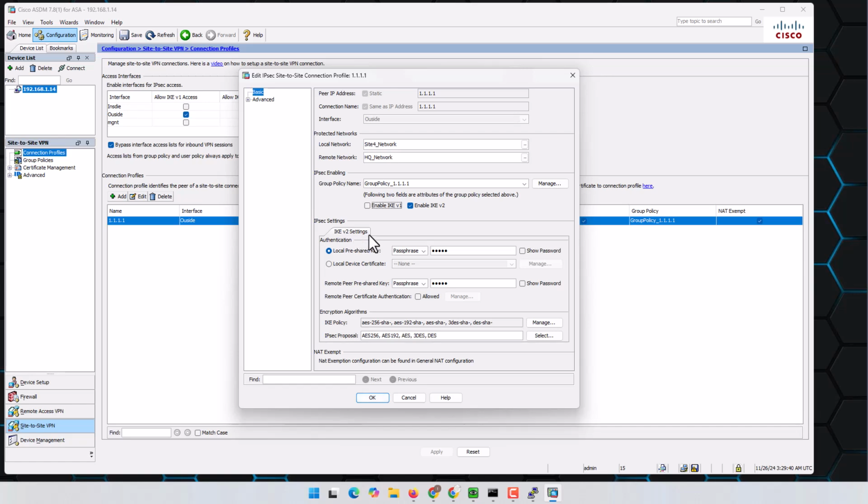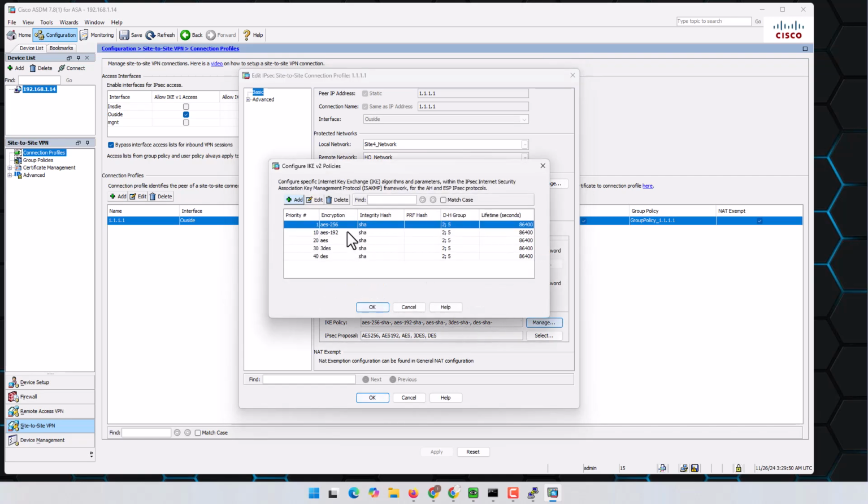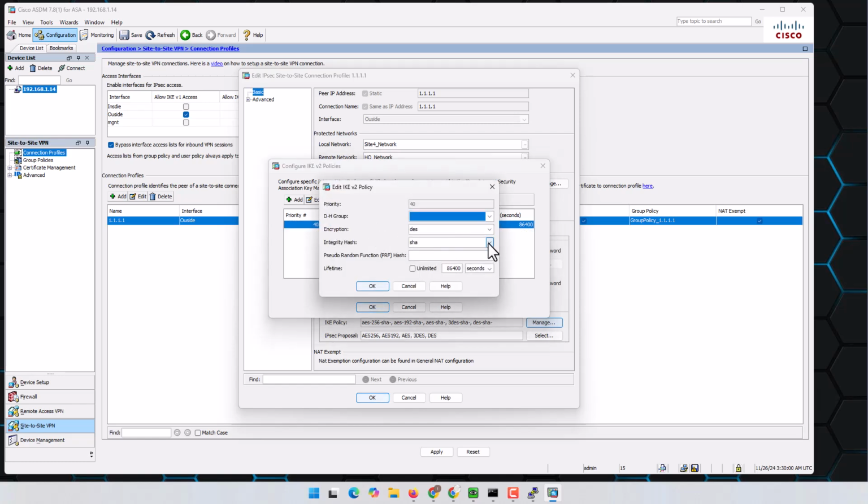And here in the IKE version 2, this is the pre-shared key. It's okay, but this information we need to change. You can see that it is using AES, SHA, and so on. Actually all the encryption is available here, but we are not going to use all of them. Then let's tune that according to our requirement. We need this here, and for the integrity it was SHA 256,